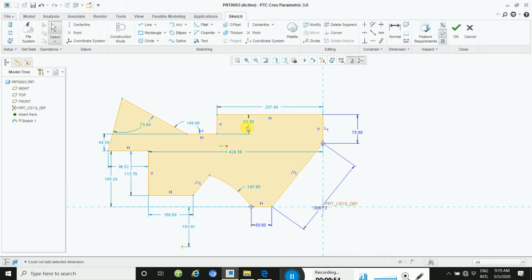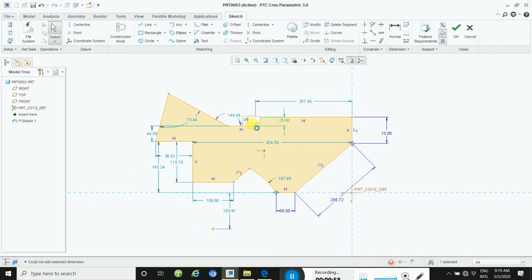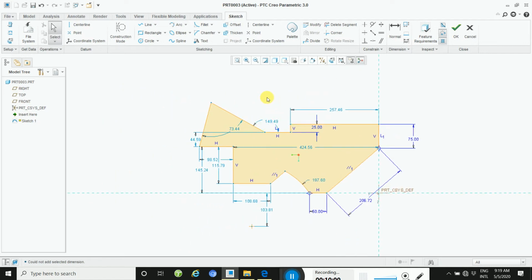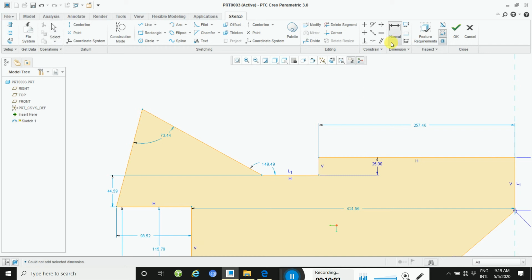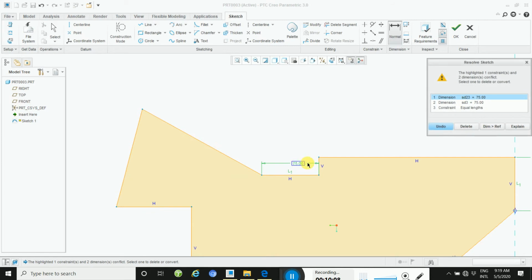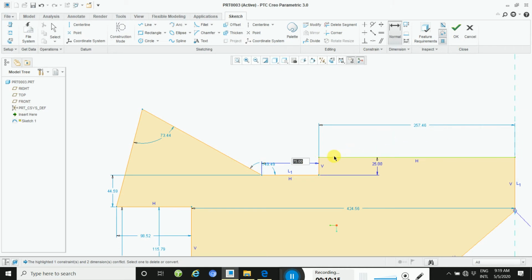Height is 25, so first define the height 25. Okay, then this dimension here, click here, and then mouse two times click. 75, delete second, and then 80. Okay,